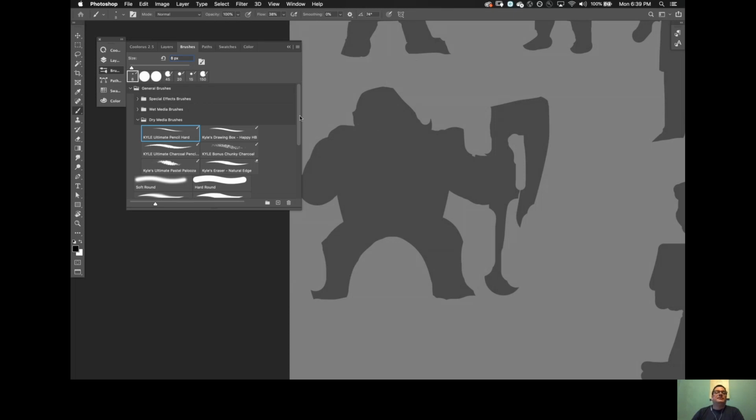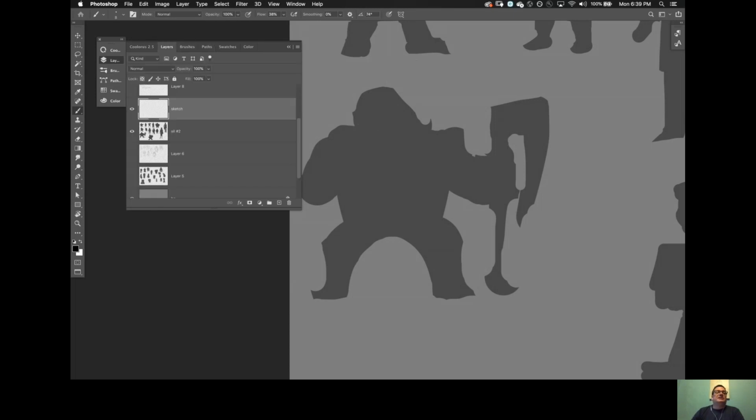It's actually pretty good. Now, making sure I'm in that new layer, I'm going to come back in here now and just start to doodle. And I don't really care about staying in the lines. That's not that important. All I'm trying to do now is, when I've got this form created, I'm going to come back in here now and draw what I think this character and his details look like. And I'm going to start just with some basic big lines, like, okay, here's his face and his beard,